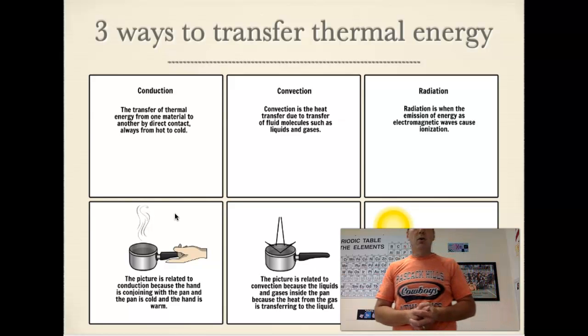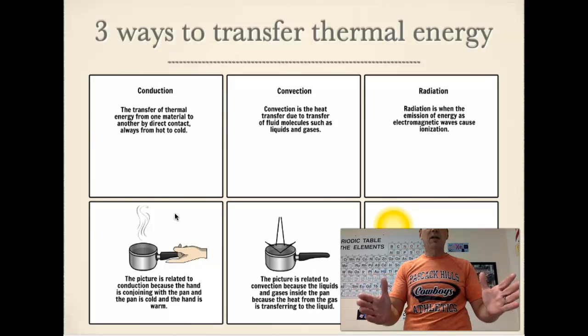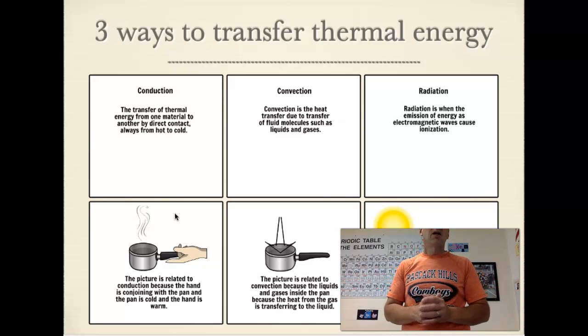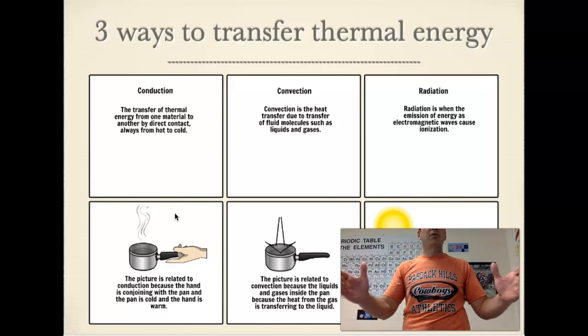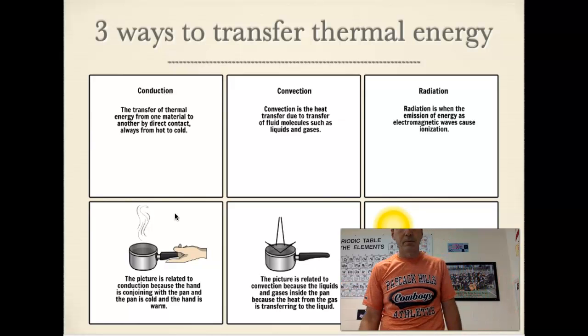So going back to the pot on the stove, we said if you touch it, that's conduction. If you put your hand over it and you feel the heat, that's convection. Well, if you put your hand alongside of it, you feel heat coming off of it. That's because it's radiating heat. Radiation is distributed in all three dimensions, really, so even your hand above it technically is getting some of that. But if you put your hand alongside of it, you would not be getting convection, and you're definitely not getting conduction. So any heat you feel that way has to be radiation.